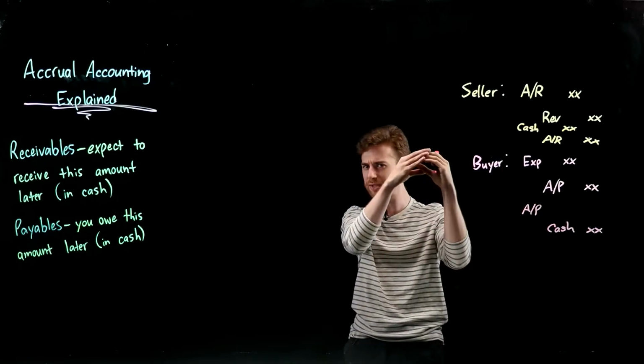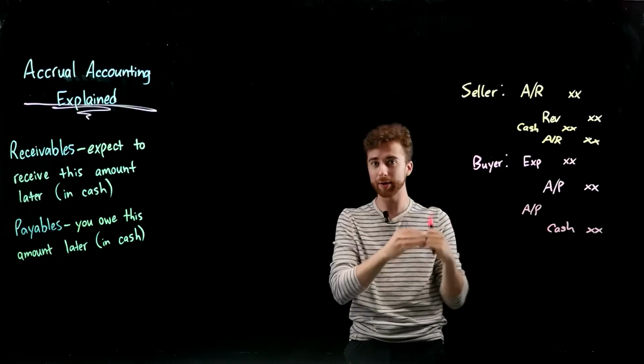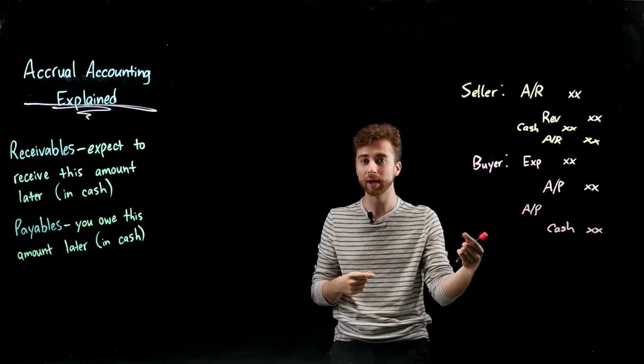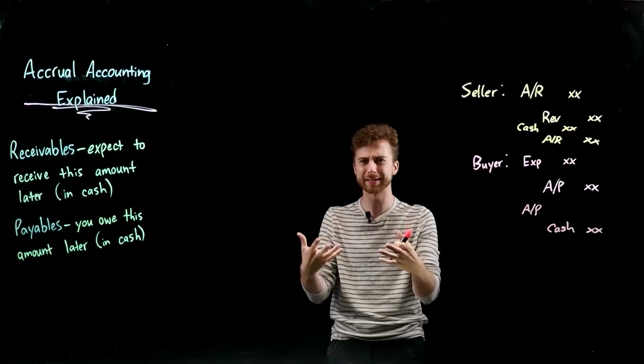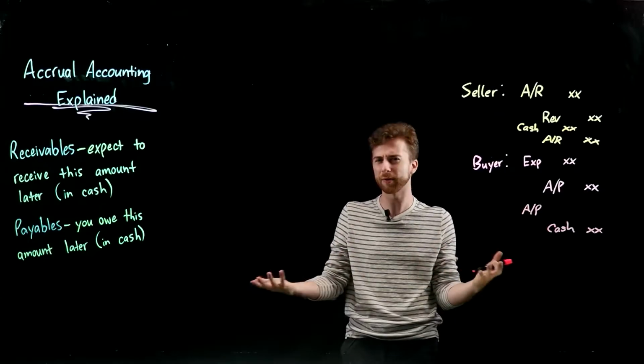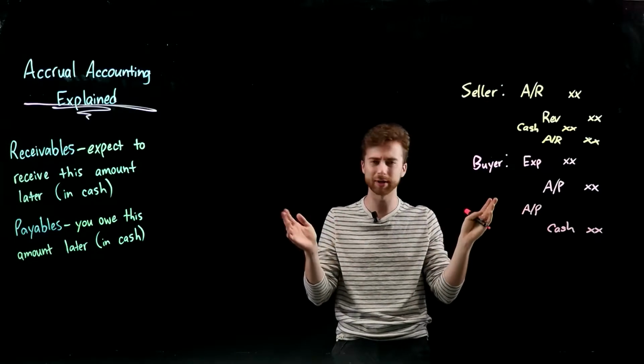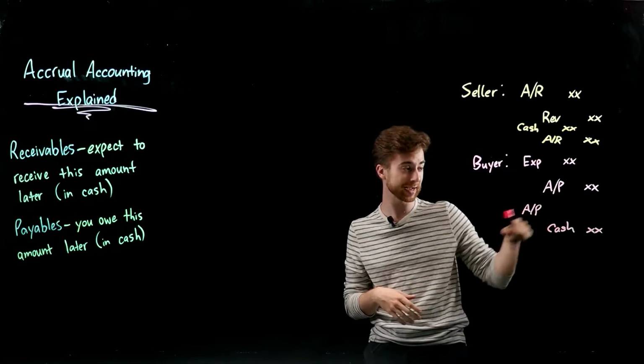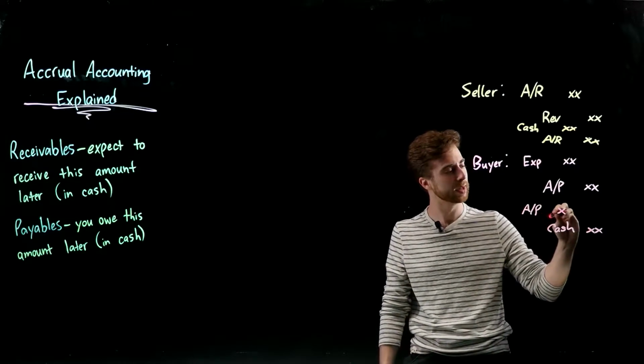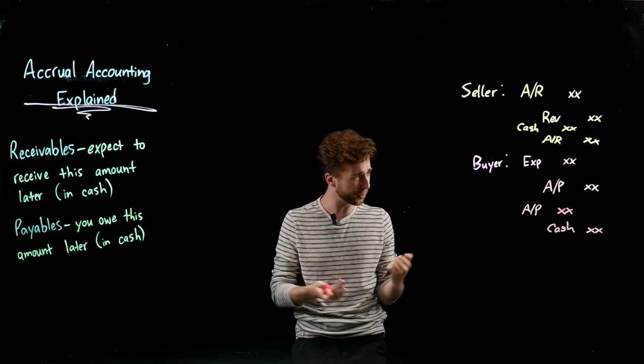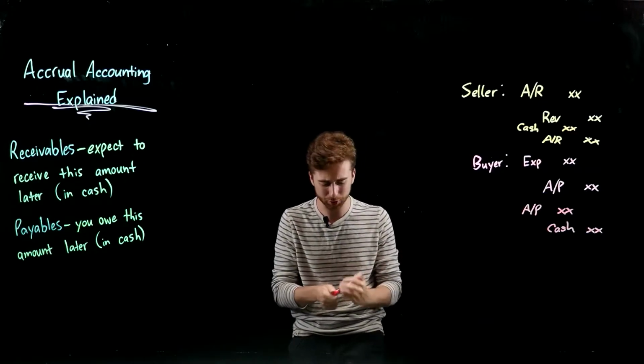So if it increases with the credit and I want to reduce the balance in it because it's no longer payable, I've paid it off. I don't want to recognize something that I still have to pay when I've already paid it. Then you're going to double pay it, and your books are going to be all off. So in that case, it's just going to be an accounts payable debit right there. And that's pretty much the meat and potatoes of accrual accounting to start with.